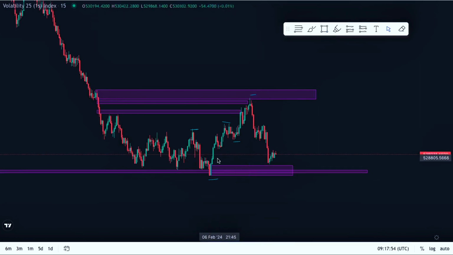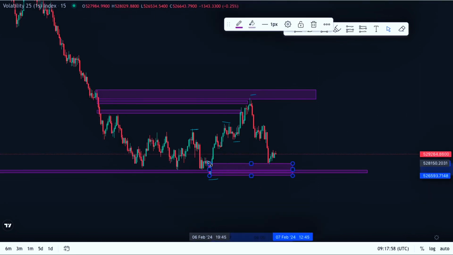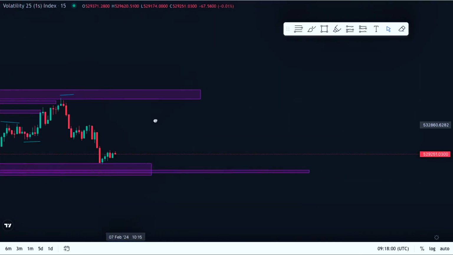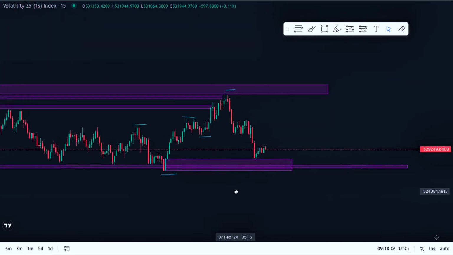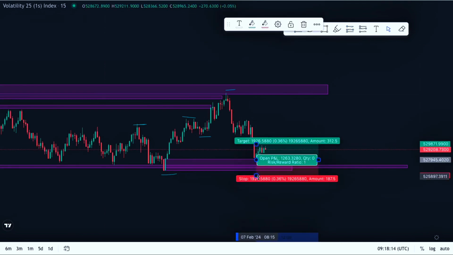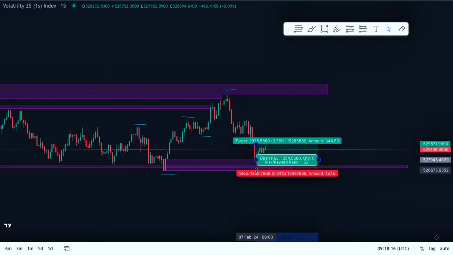Okay, this order block right here, we take the body. I'm trying to zoom and take the body. Okay, somewhere there. Okay, so price came and it just tapped on the body of the order block, and if you took an entry on the edge of the order block,